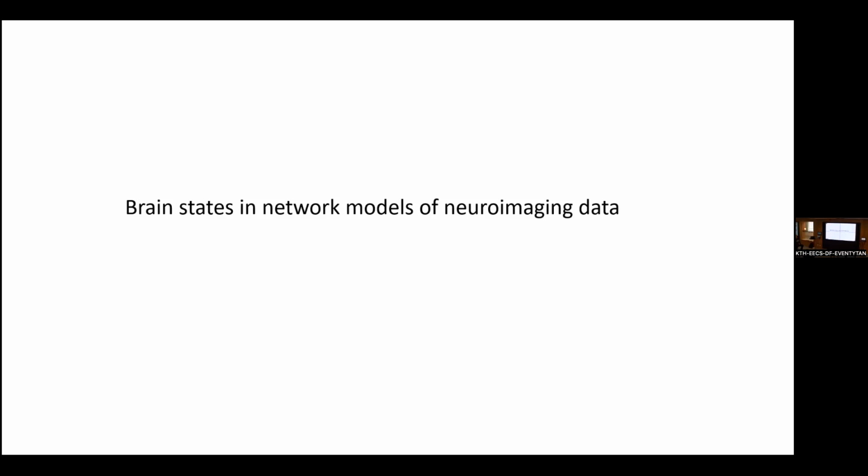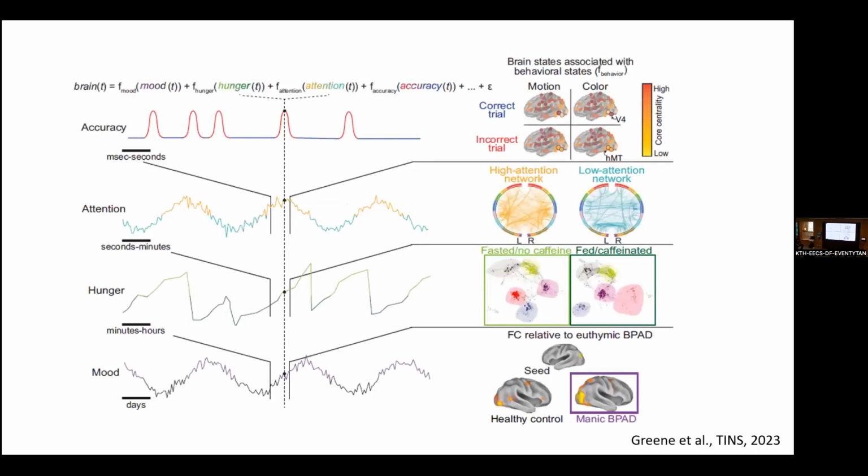So we like to think of things in discrete states. The brain is in different states. The brain is in a certain state when you do working memory. It's a different state when you do an emotion task or rest, etc., etc. And there is nothing wrong with that. I mean, it's well used, but I would like, in this talk, to give a kind of,